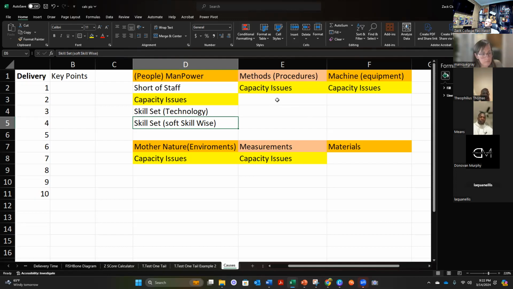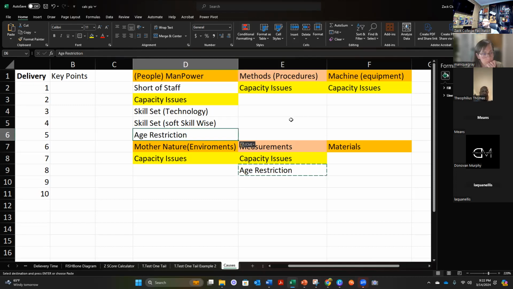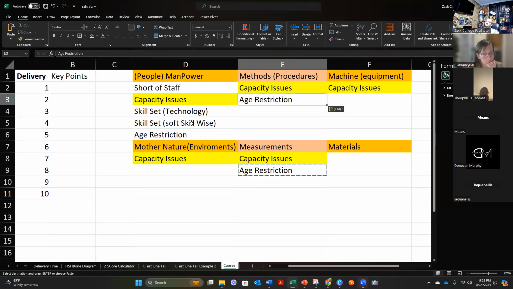Environment, where could that go? We could cross that over to manpower issues, methods. So again, boom, you start to see